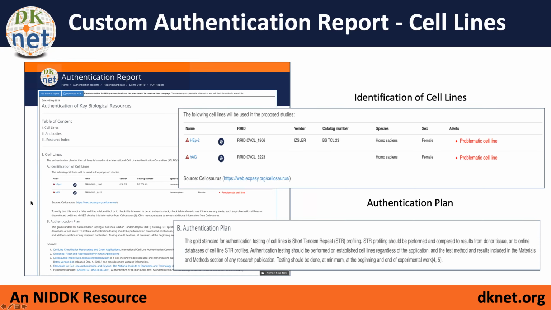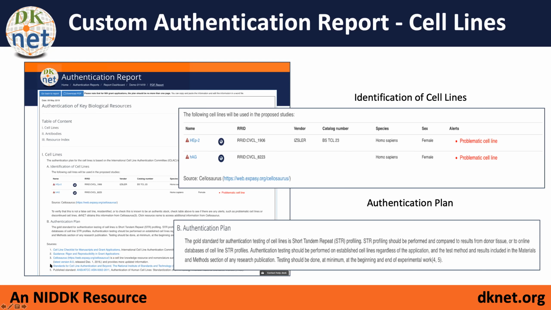So in each section, there's information on the actual resources that were included, some basic information about that resource, and then also any warning information. We also provide then information on what the community suggests in terms of authentication, and then we provide the citations